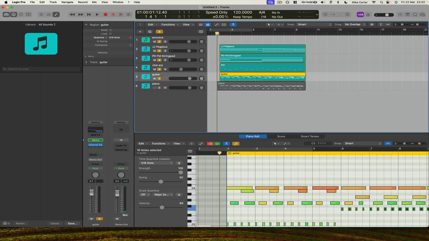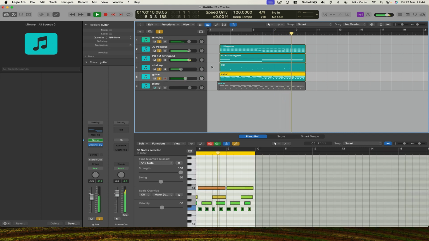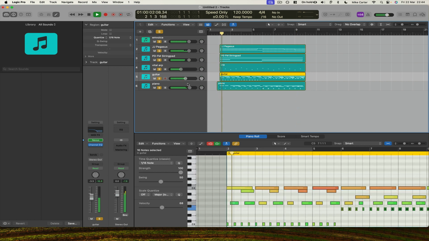Let's try adding the guitar. Now it's summer. I can hear the waves call. And the piano. Now it's summer. I can hear the waves